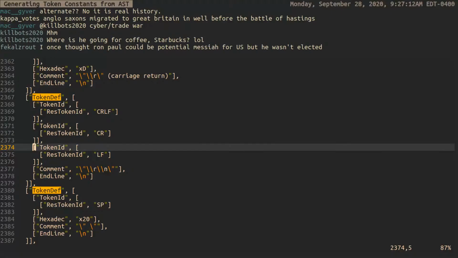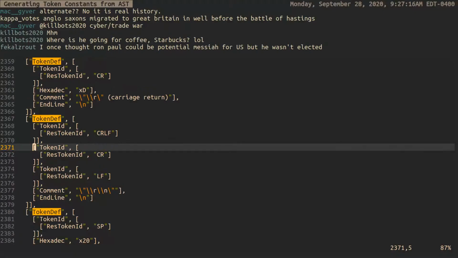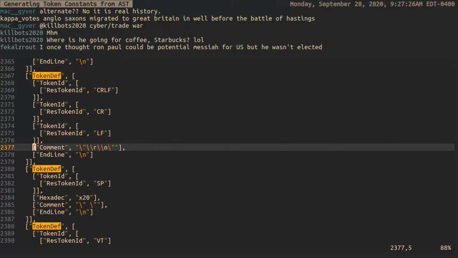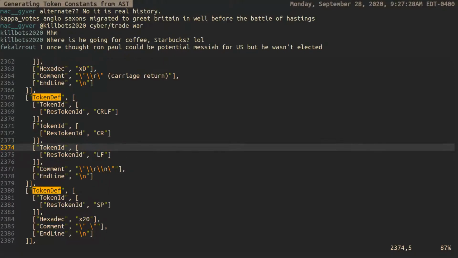So basically what we're going to be doing is we're going to be looping through for as long as the ID is a token ID. No, for as long as the ID is not a comment, and it's not a comment and it's not an end of line. So,